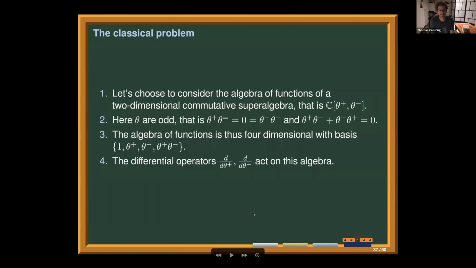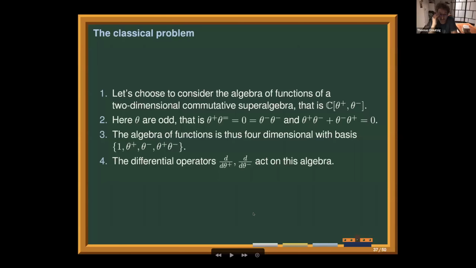Okay, we want to chiralize a classical problem. And so now we first choose our functions. Our functions, we just take the algebra of functions in odd variables. So we want to get something super. So maybe the best way to do it is just take polynomials in two odd variables. We need two because otherwise we will never have a notion of a sensible pairing. That's the problem. So odd variable just means